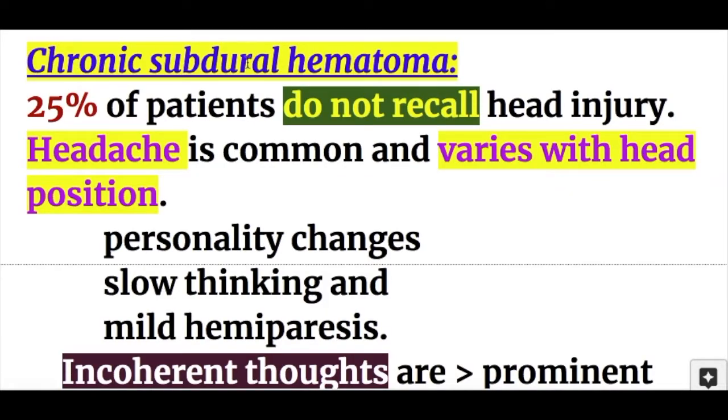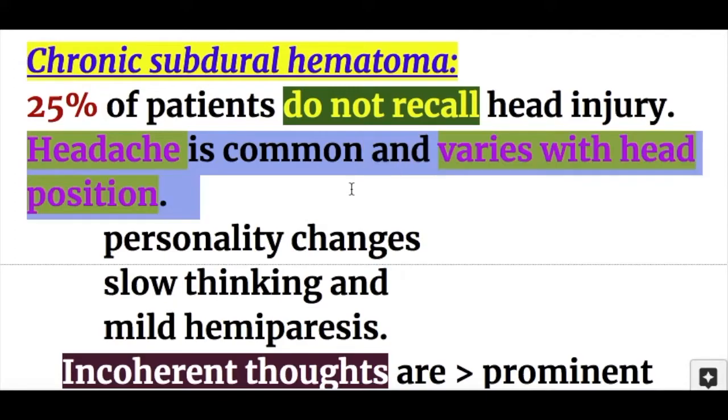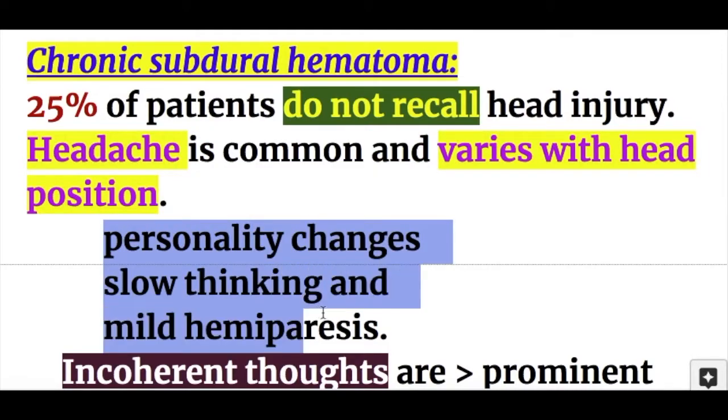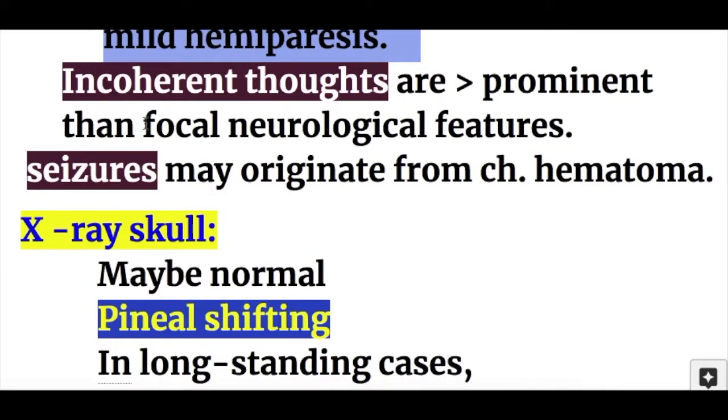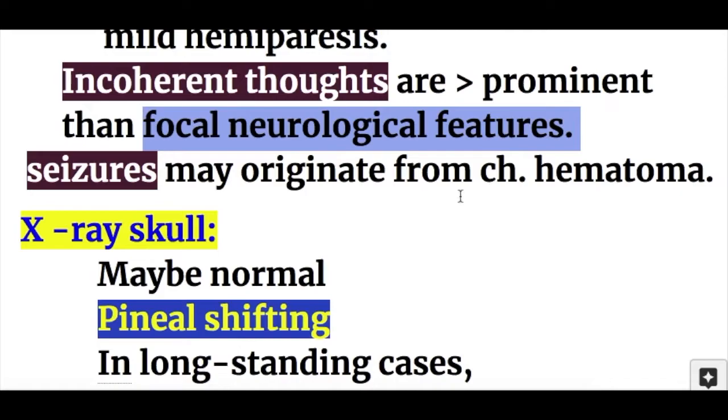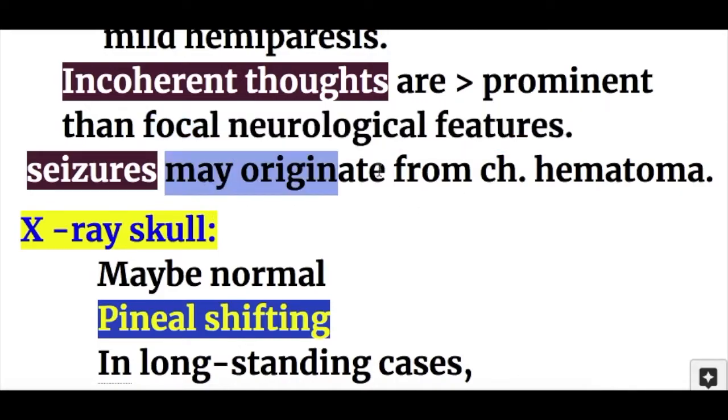Now number 4, chronic subdural hematoma. 25% of patients with chronic subdural hematoma do not recall a head injury. So the history of head injury is missing in chronic subdural hematoma. But headache in chronic subdural hematoma is common and varies with the position of the head. And in chronic subdural hematoma, other features are personality changes, slow thinking, and mild hemiparesis. So personality changes, slow thinking, and headache that varies with the head position. Incoherent thoughts are more prominent than focal neurological features in chronic subdural hematoma, and seizures may originate from the chronic hematoma